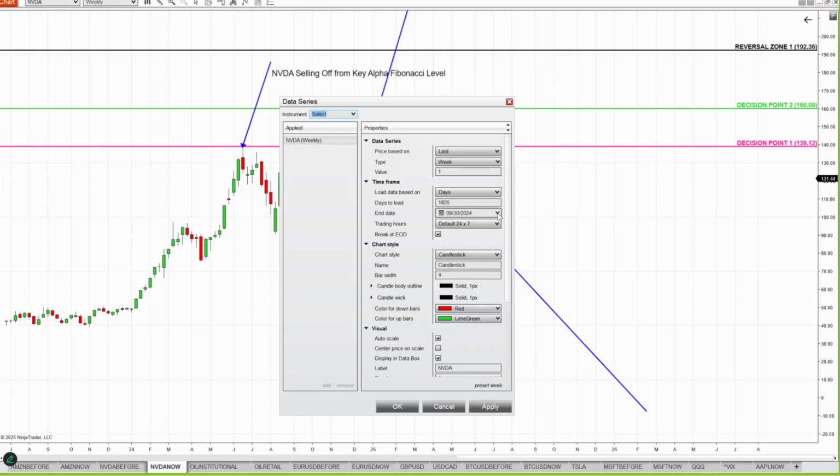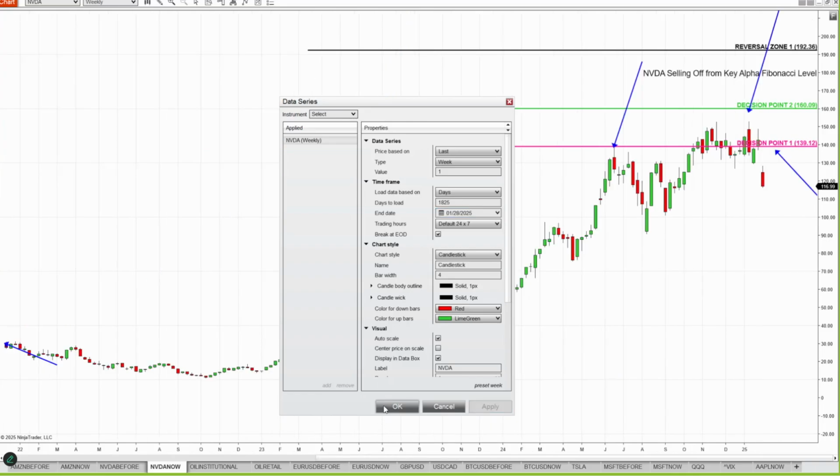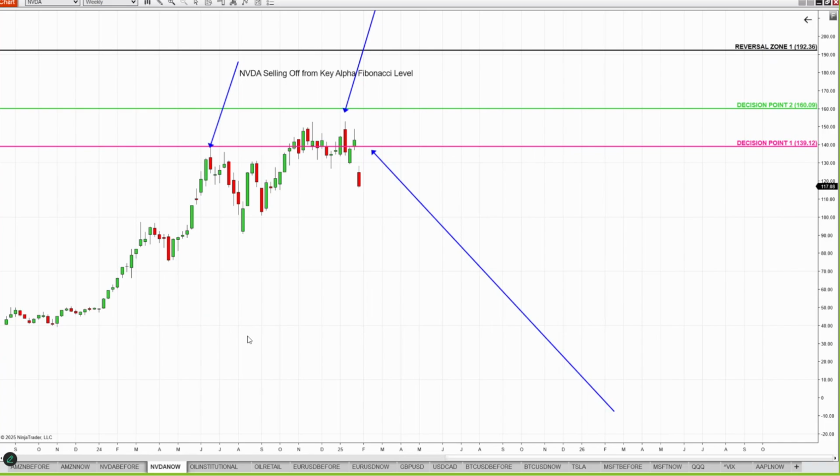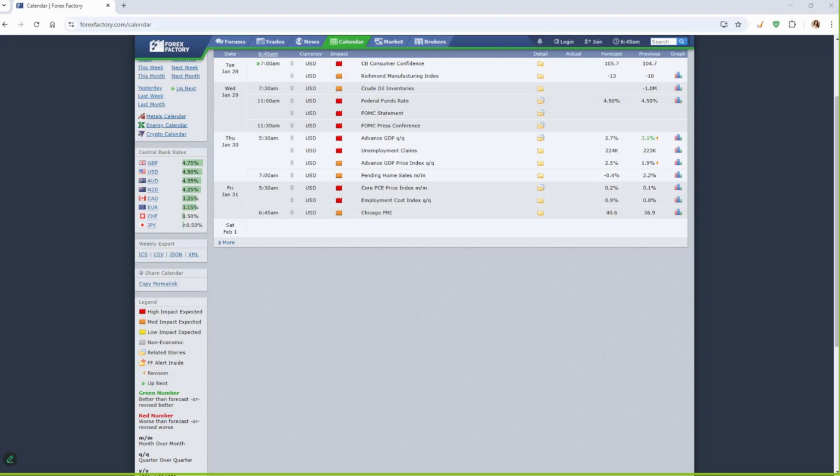Nvidia reaches decision point 2. So when you understand the power of this, the sky's the limit. At different stages of your life, you can trade different instruments. Crash and burn, Nvidia. We knew to expect this many months in advance. Consumer confidence, major news to follow next. Again, tomorrow morning, if you would like to see the power of the system on oil, please be present for oil news, as we discuss everything in advance.